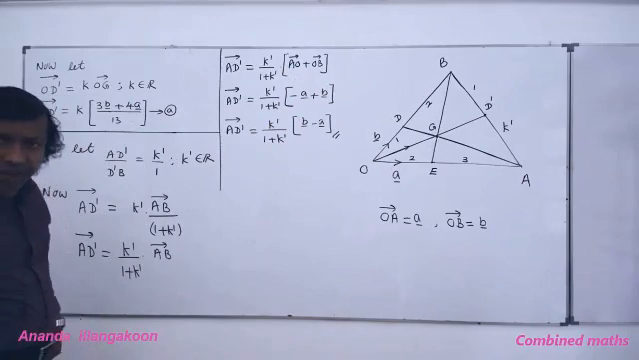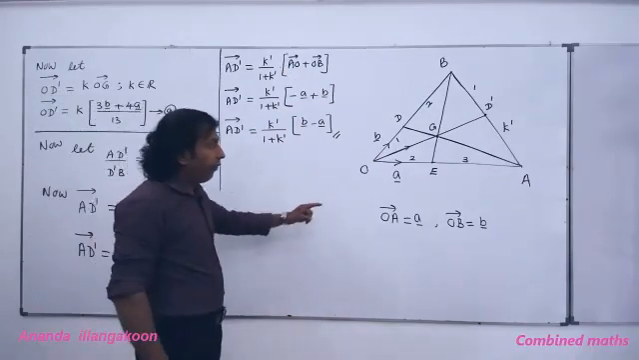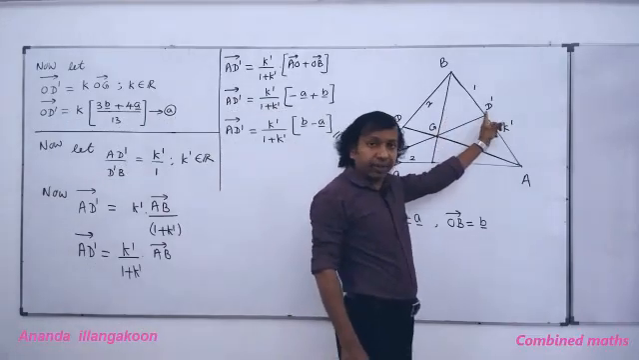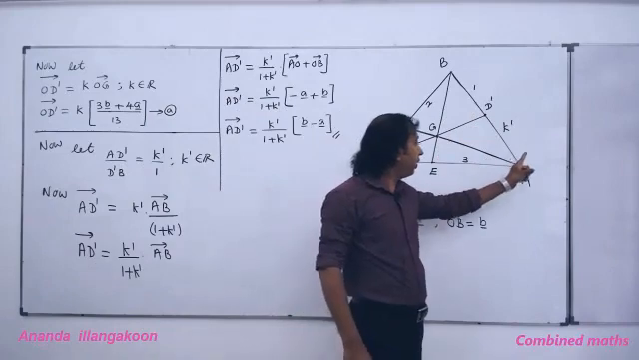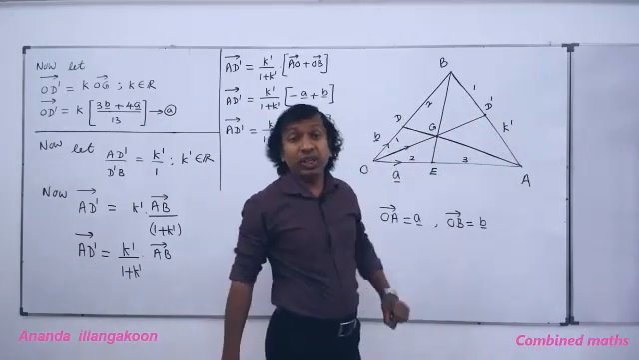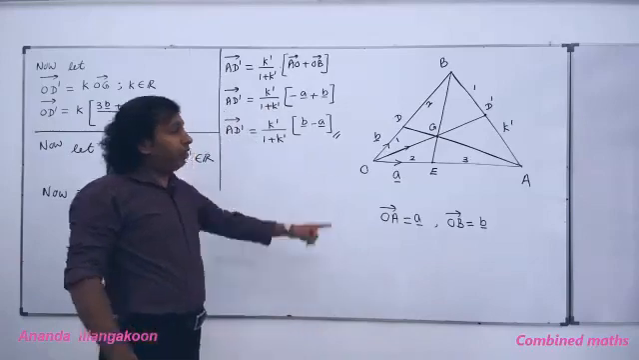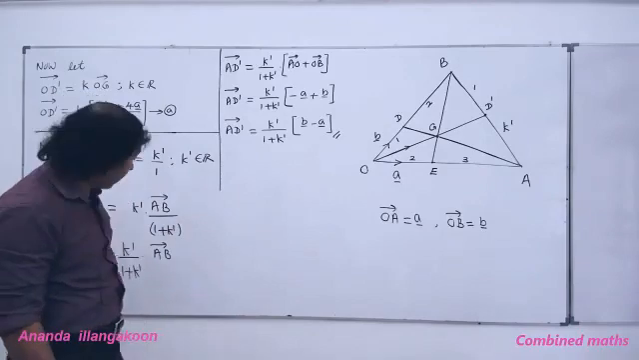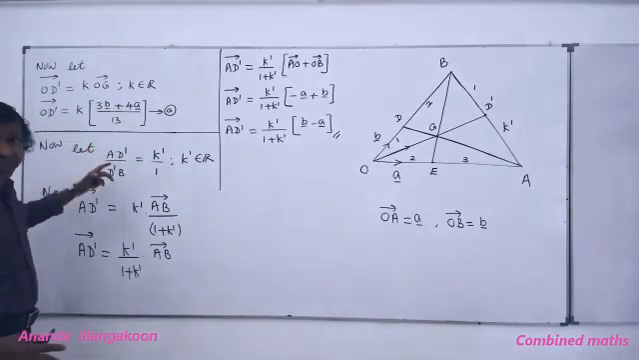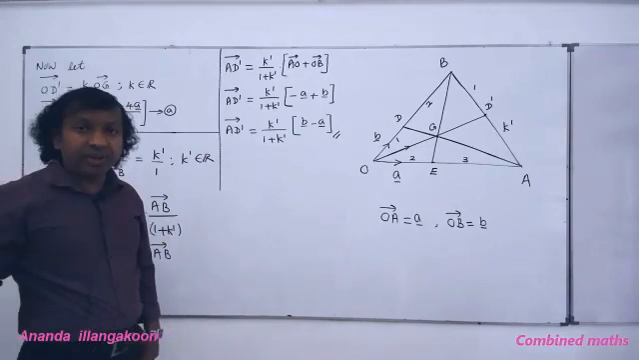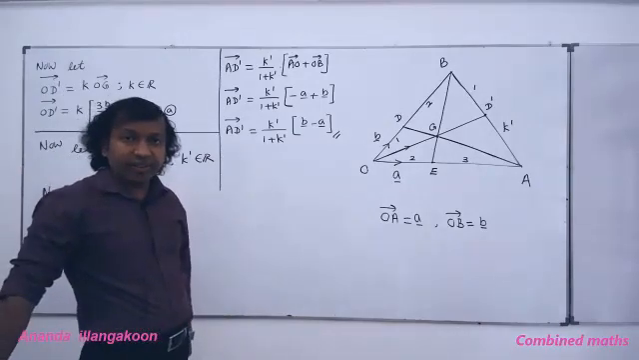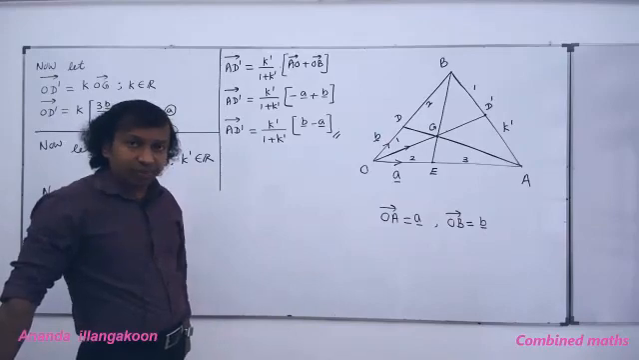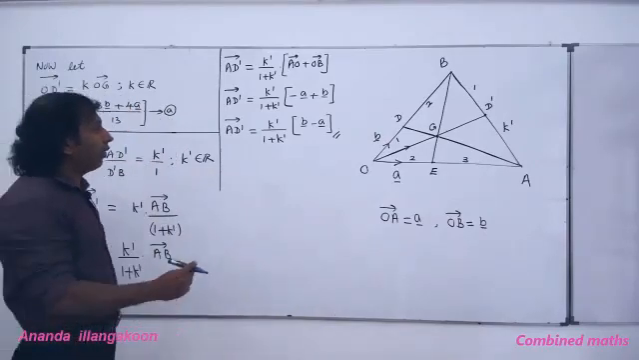Why did we find this AD' vector? Now we can write this OD' vector again as OA plus AD'. To find this OD' vector in another way, we found this AD'. Then, secondly, the OD' vector and the first OD' vector we can equate. Thereby this K and K' we can find. Then we can find this OD'. That's why we found that AD' is B. Okay, right. So now I can write